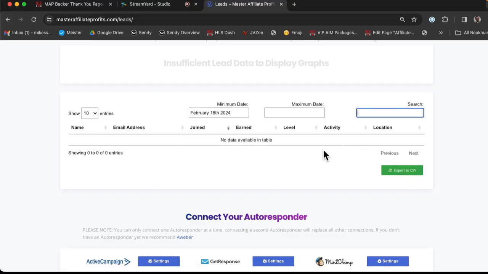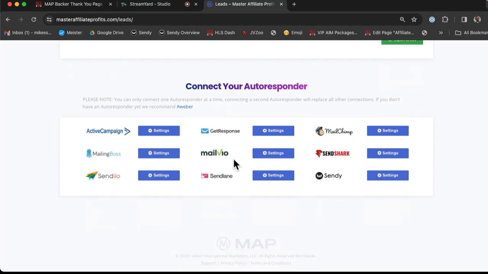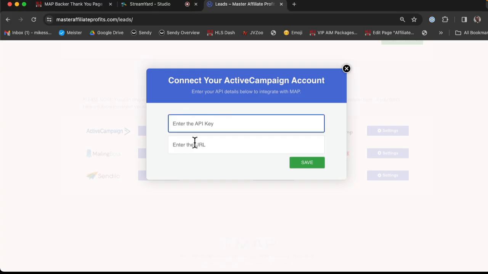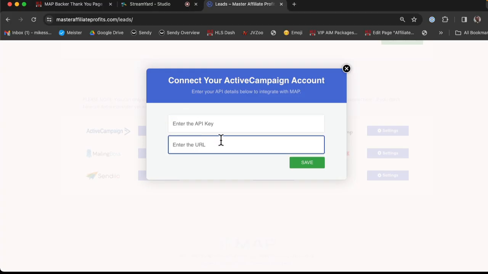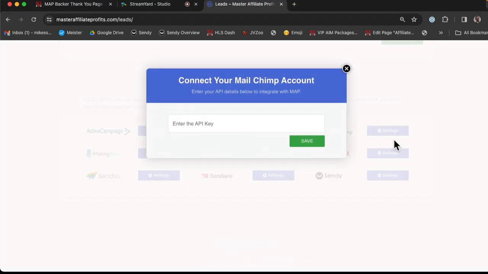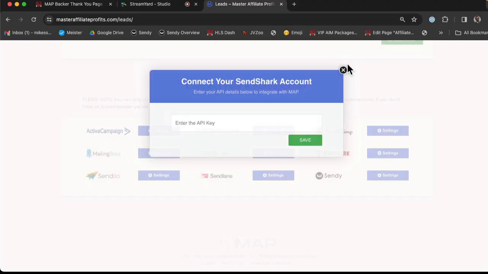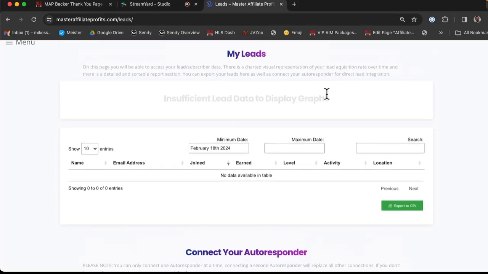So you can export them in a CSV, but it gets better because you can connect any of the mail autoresponders directly just by clicking here. You'll be able to add your URL and your key and your secret key, whatever. Some autoresponders do it differently. MailChimp does it differently than like SendShark, but you just click in here, you enter your API key, you save, and now you'll be able to select from a list that you want all of these leads to be added